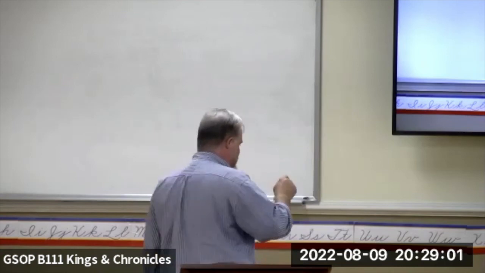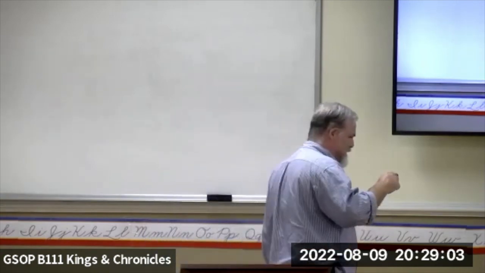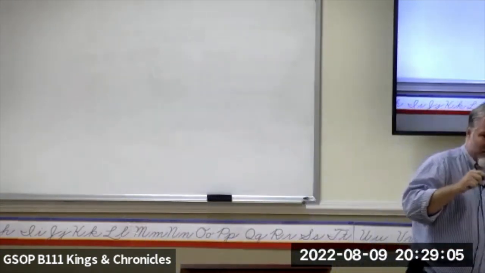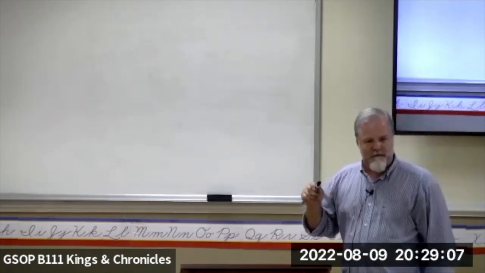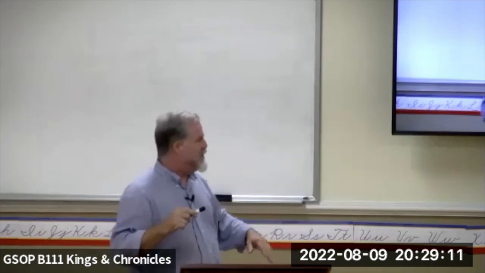And when his armor bearer saw that Saul was dead, he also fell upon his sword and died. Thus Saul died, he and his 3 sons and all his house died together. Did God say he was going to take Saul out of the kingdom? He was going to remove him. That the throne would be removed from the house of Saul. Not only did he do that, he took out Saul and his family altogether.